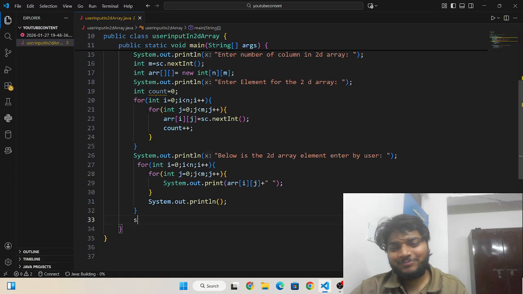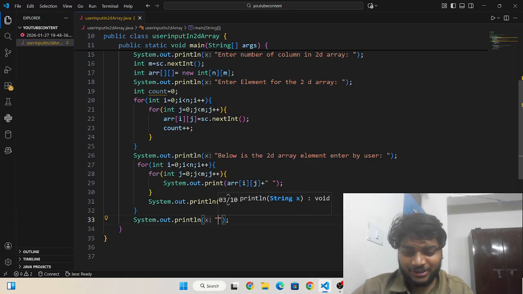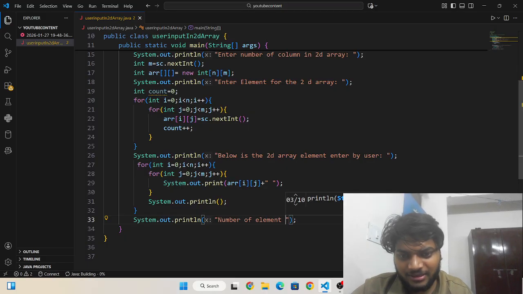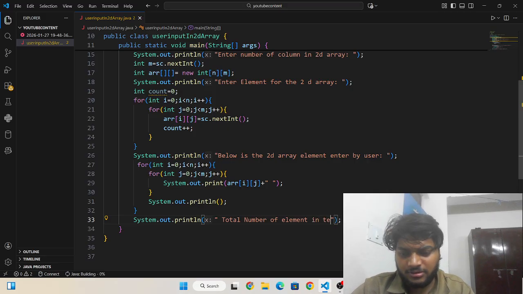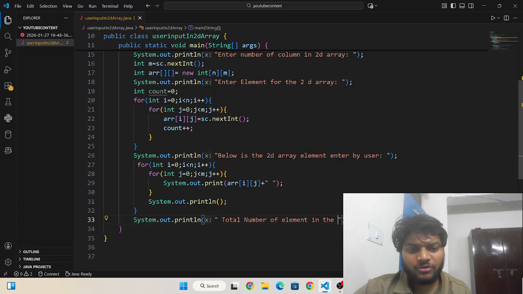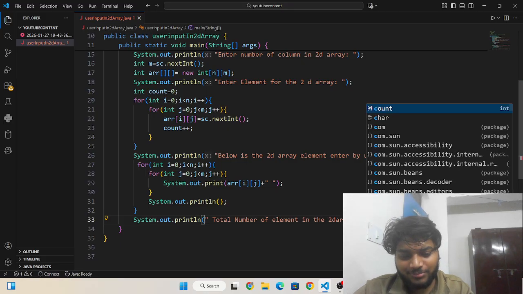And after that I'm printing the number of elements. Here I need to mention the total number of elements in the array. In the 2D array, I don't need to mention it here. I am talking about only the 2D array. So the total number of elements in the two dimensional array, I need to print just the count,